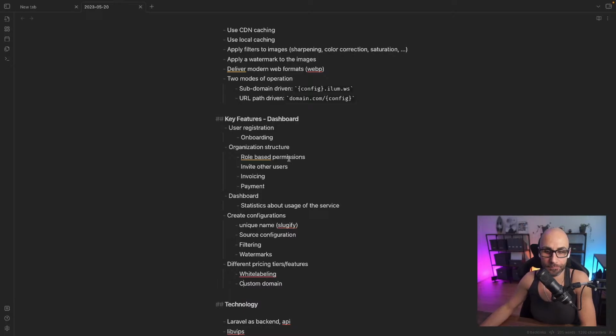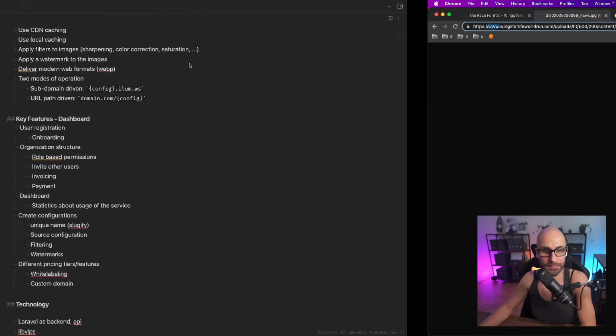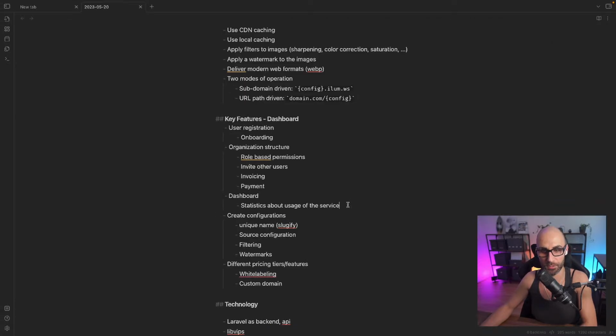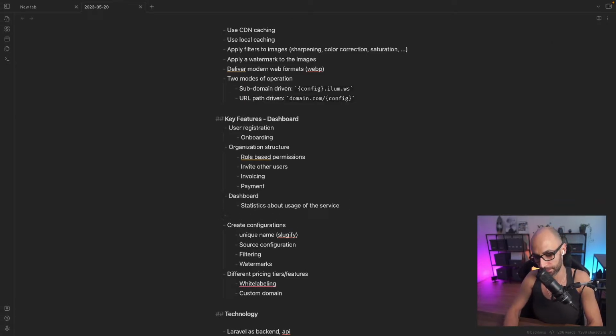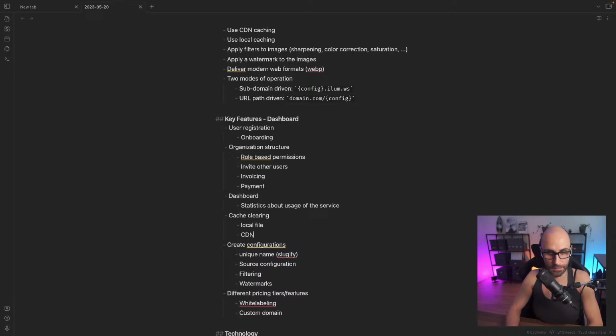All right. Heading back to the service. It's always that when I see stuff, other things come into my mind. So going back to the dashboard, we definitely need cache clearing. That is one of the shortcomings of the current implementation. So cache clearing, that means local file and CDN URLs, and that needs to be very